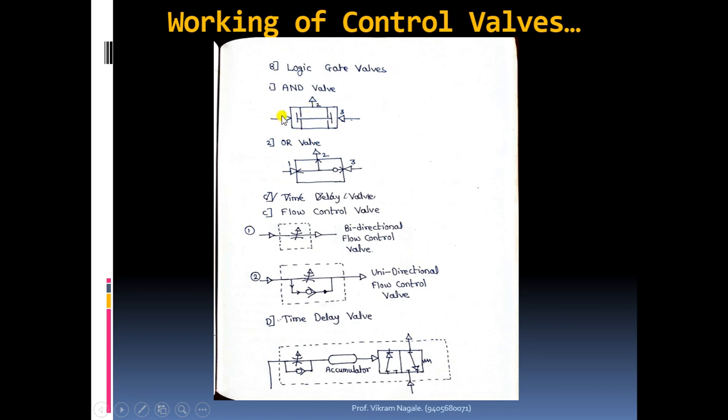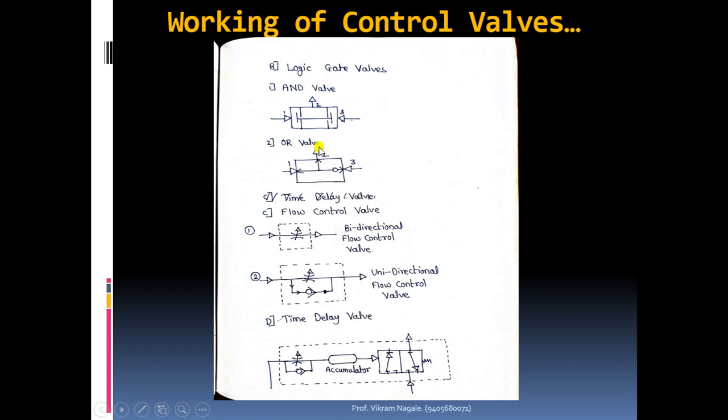Now here this is not a pressure port. This port 1 is taking the air from the control wall, some control wall. Similarly, port 3 will take the air from the control wall, and then after satisfying the condition, it will send the air to port 2. If port 2 is connected to the next component, it will supply the air to that component.